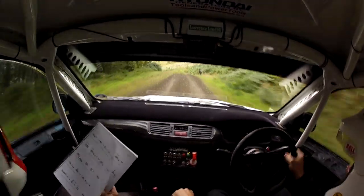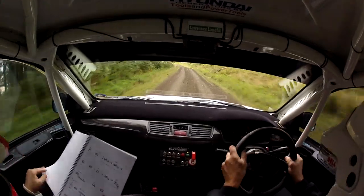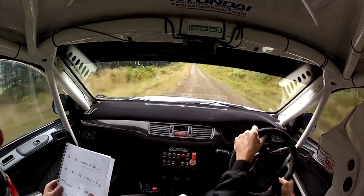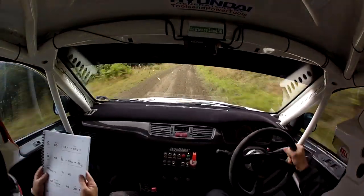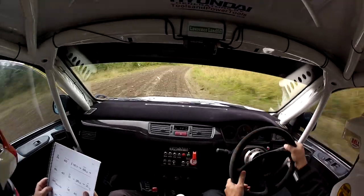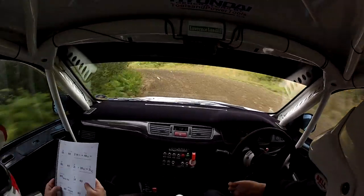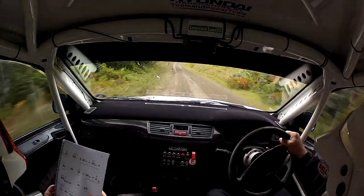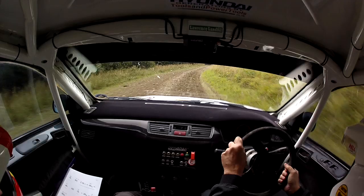flat 2 left, 60, 1 right tightens, into 4 right long, into 6 left, here, 40, flat 2 left, and 3 right long, into flat 2 left over crest, 80 over bump dip,